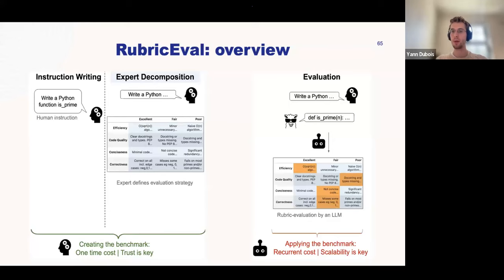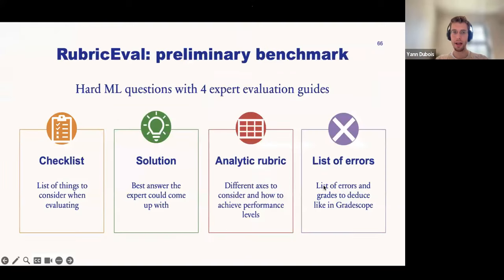So what we'll essentially do is have experts do everything that is a one-time cost, and then apply it at scale with LLMs. The human effort will essentially be amortized over all the benchmarks that we're going to apply. So here the LLM will just decide which axis has what score. So the benefit of this